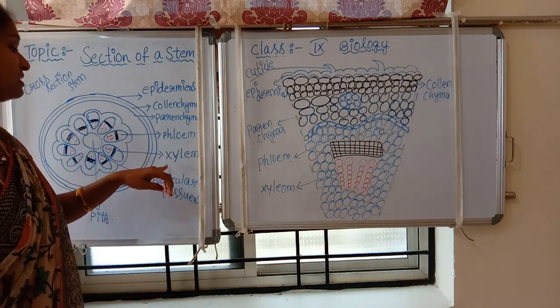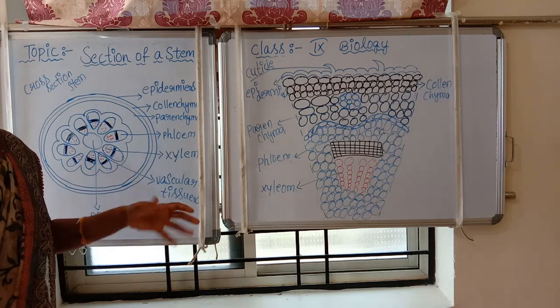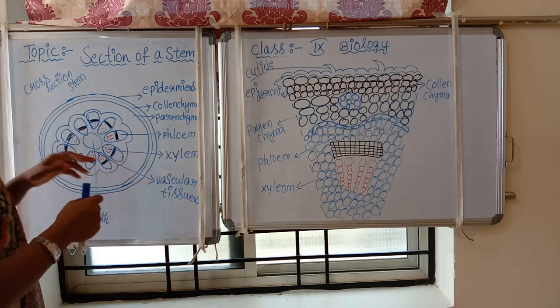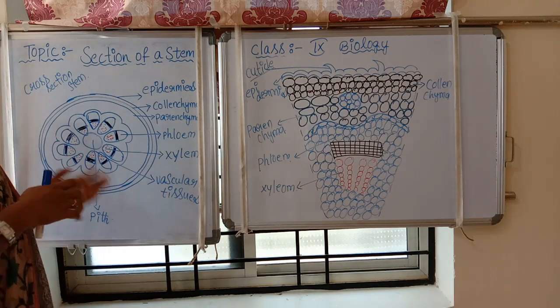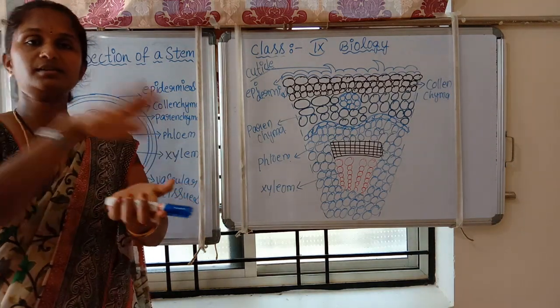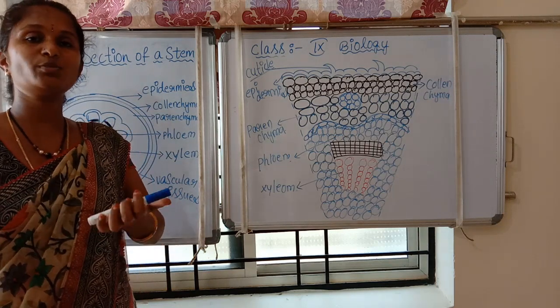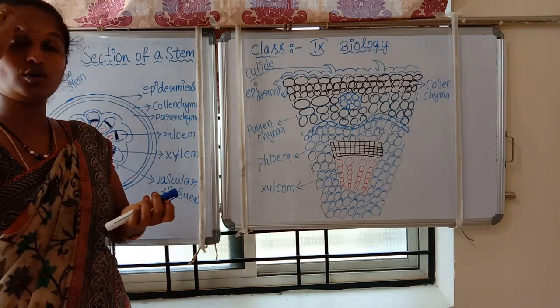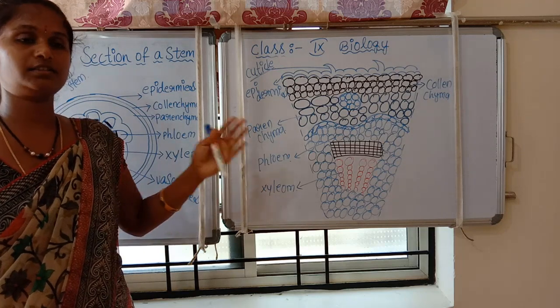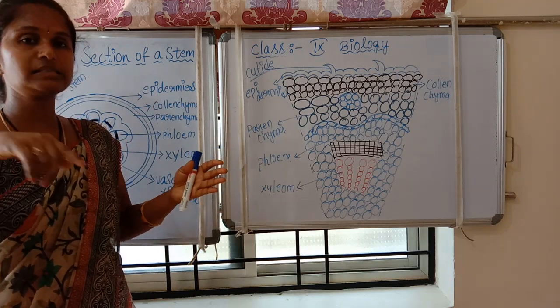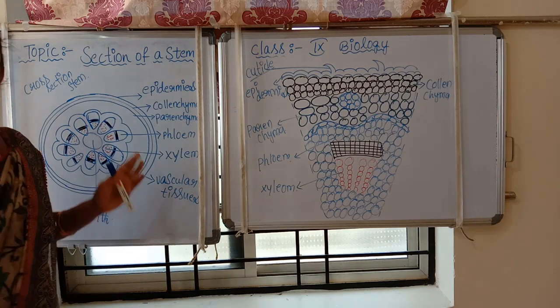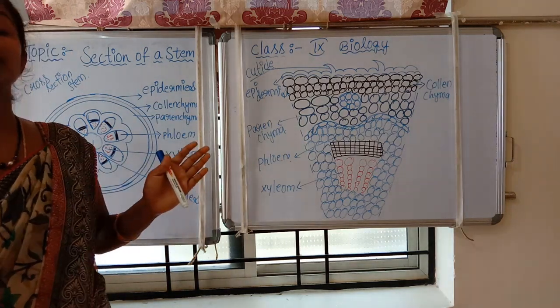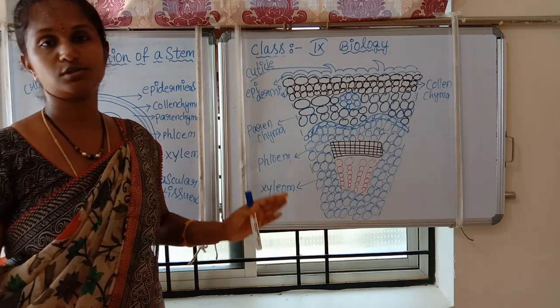These vascular tissues, phloem and xylem, are closely combined. How do they look? They look circular in position. When you cut the trunk of a plant into a cross section, you may see some circles. Did you see circles? The circles will be like this only. Based on these circles we can say the age of the plant also.